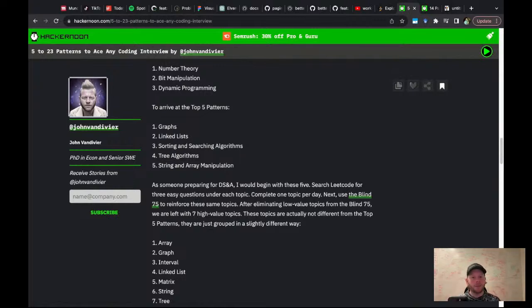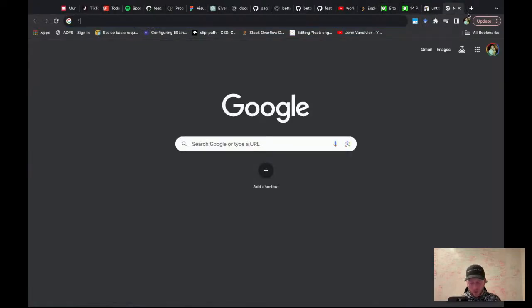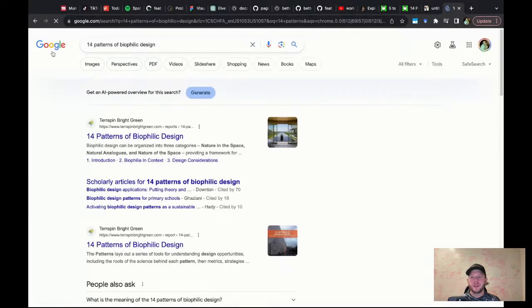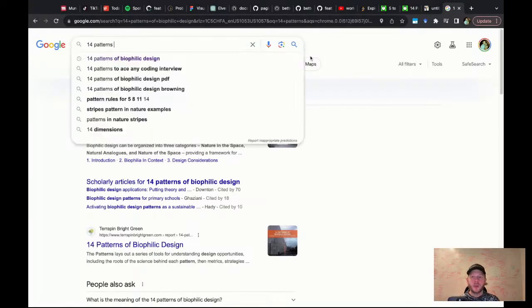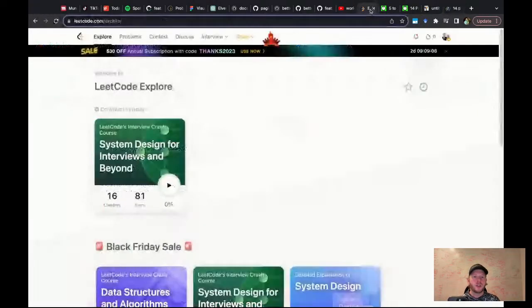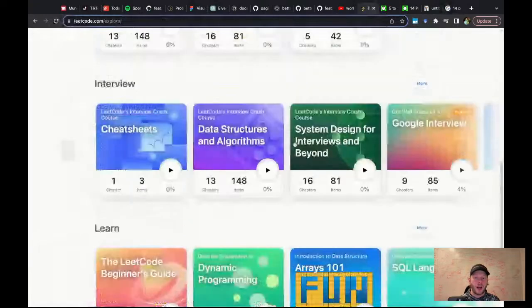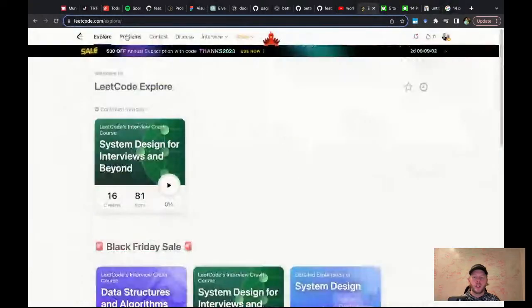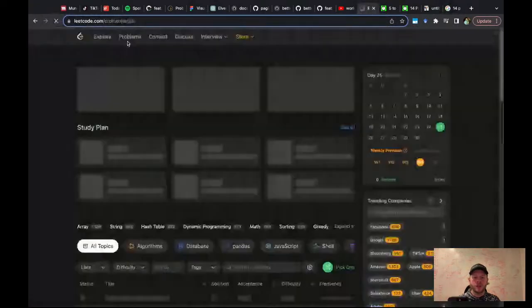So the approach that I'm going to start with is looking at the blind 75 and picking out of those and then eliminating them if they're no longer relevant. Let's also go to the 14 patterns. I don't remember if 14 patterns specifies actual problems. The other thing we're going to do is consult Leetcode itself, the frequency graph. So you need Leetcode Premium to do this.